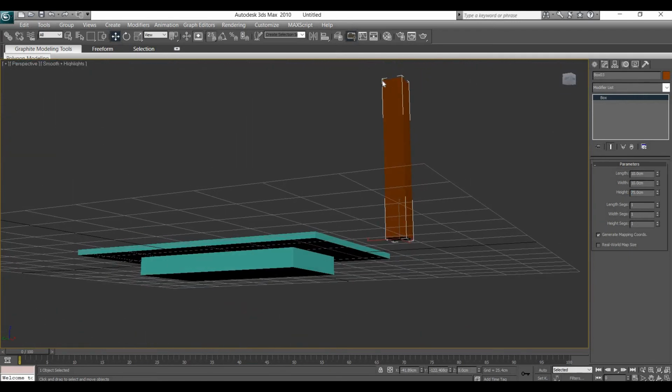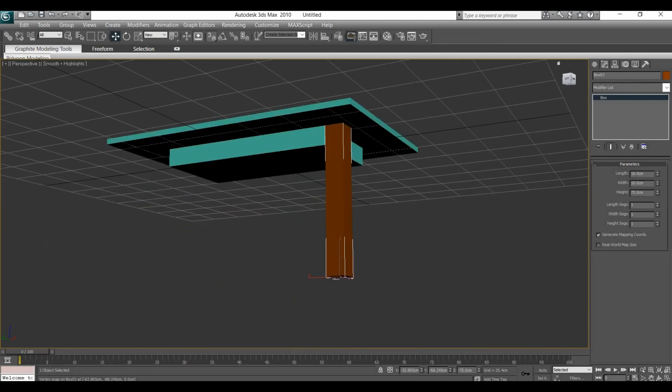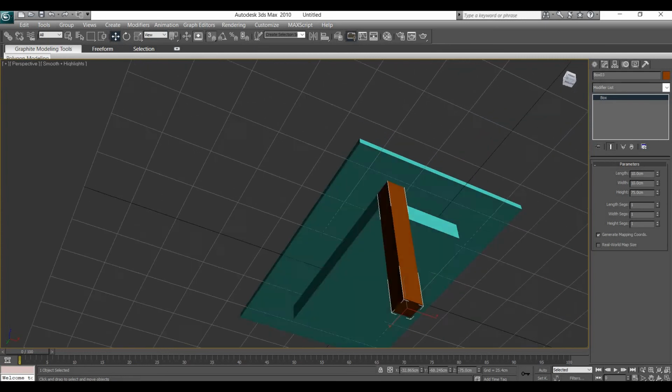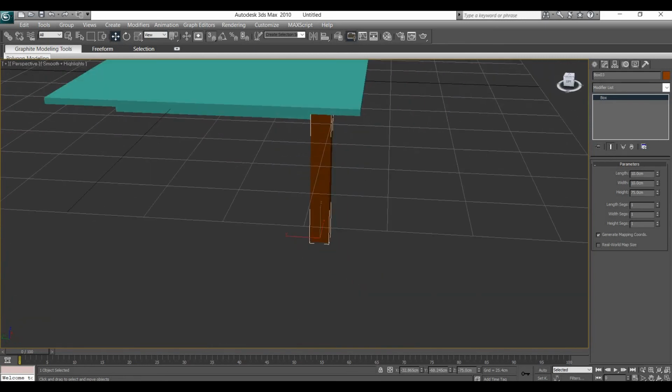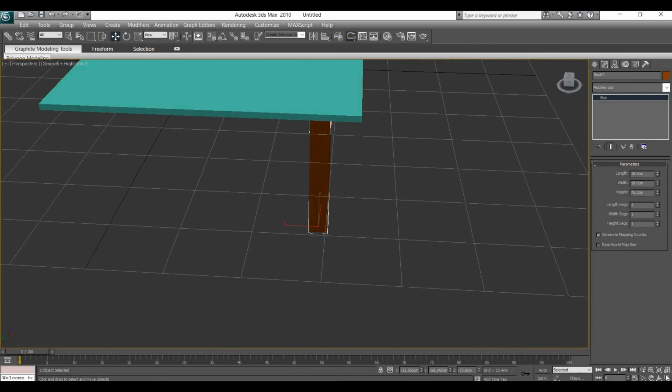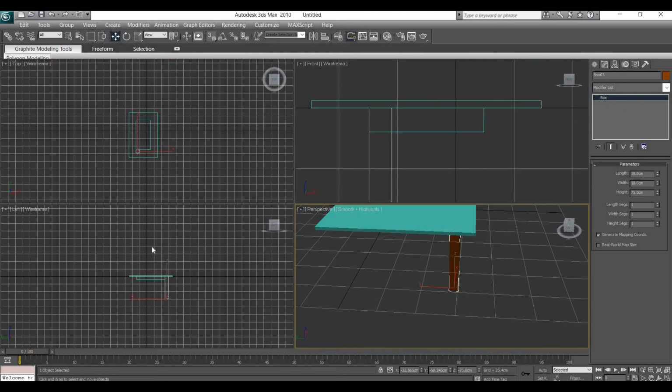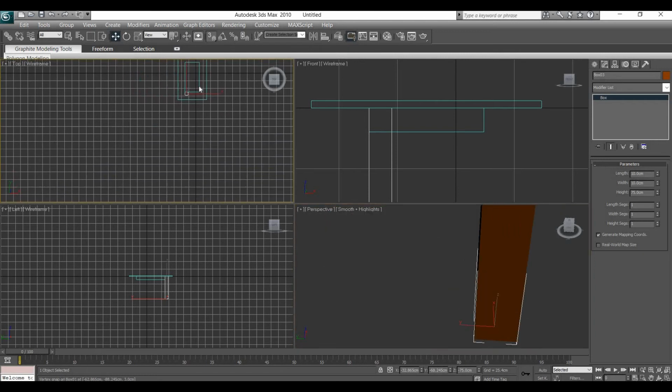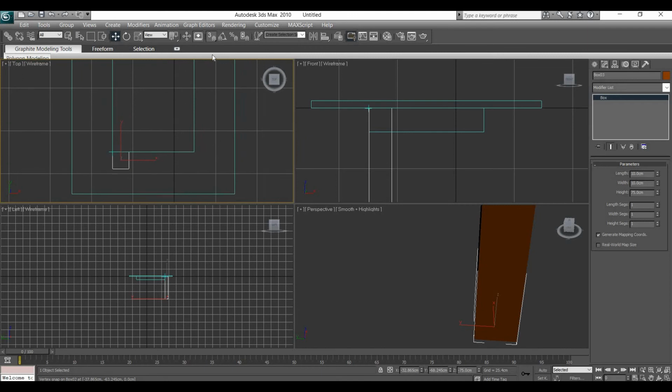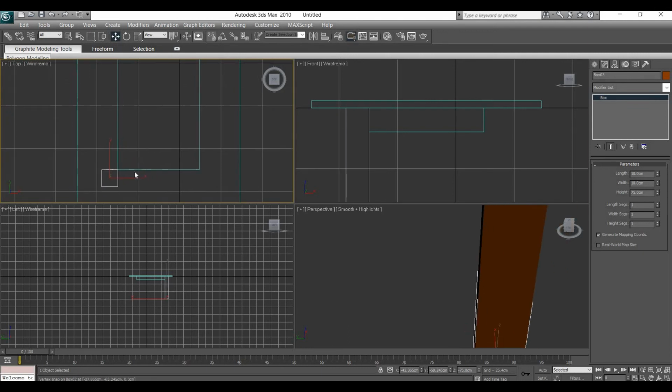So what I am going to do is change this to 3 again because I am using the perspective view. I'm going to click this and bring it back to the position we want. So see whether it's correct. Now we have to change it. We can either change it in the perspective view or go back to top view, which might be even easier, because you can easily see. Okay. Now I'm going to change this snap option to 2.5 and easily move this object to the corner we